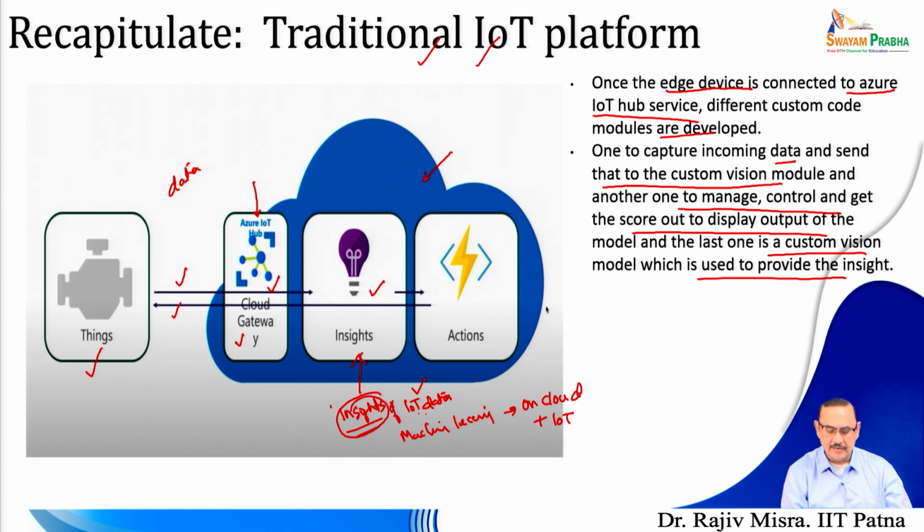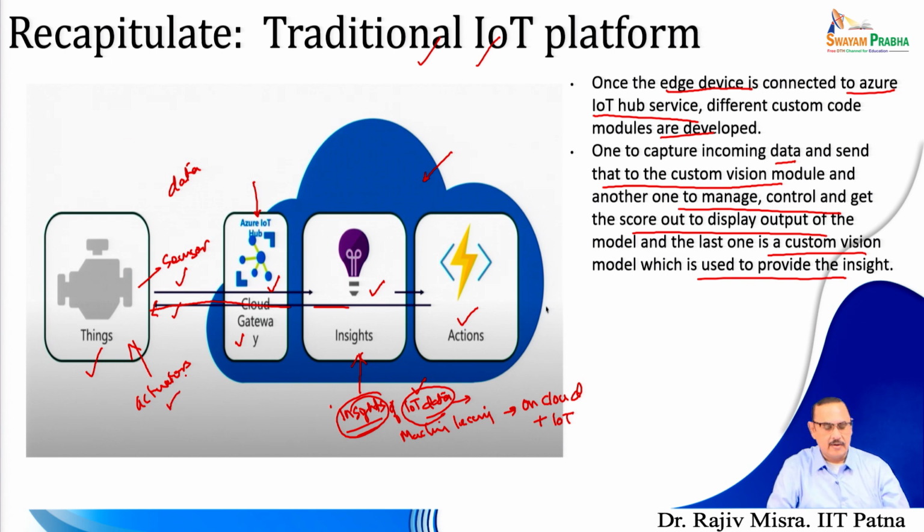The insight present inside the IoT data will be uncovered, and then this insight will give the actions to be taken. So, what action to be taken? This will be communicated as a result again back to the thing. Here it will be the sensor data which it is sending, and here there will be an actuator. When it gets the response, the actuator will take a particular action.